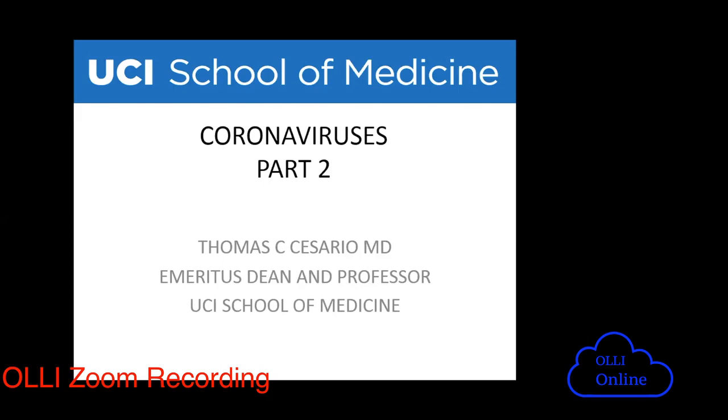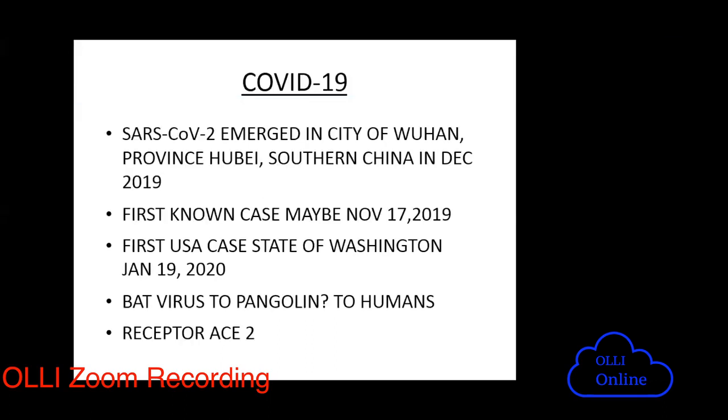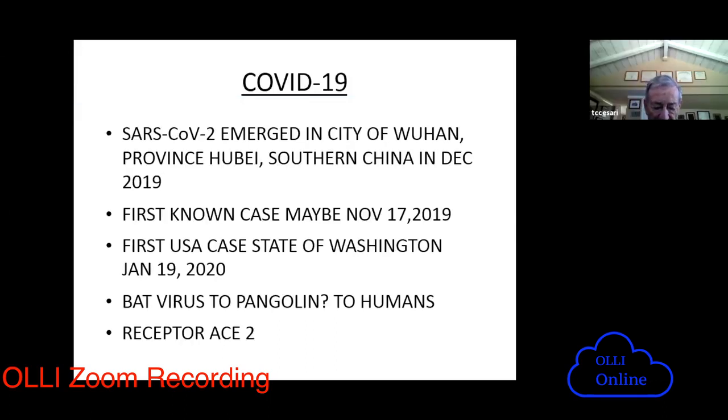So today we're going to talk about coronaviruses, and we'll talk about what's happened since we first really became aware of this virus and what it's doing to people. I'm not going to review all of the historical features. Just want to point out that we've really known about this virus since January, and probably the first case actually occurred in November as far as we know.